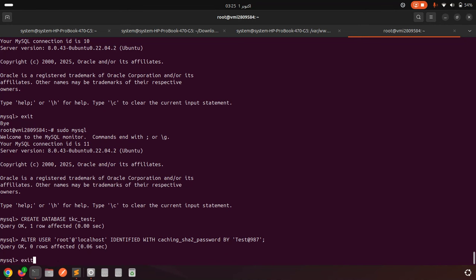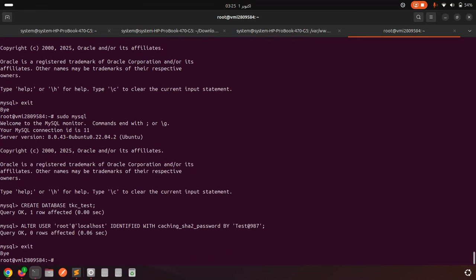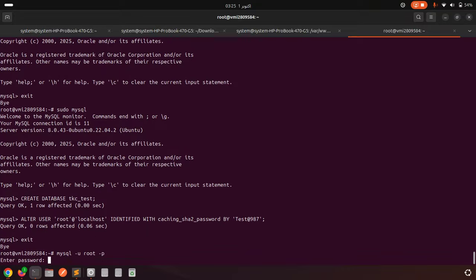Now I'll log out and try to log in with the username and password. mysql -u root -p. The -u indicates the username, which is root, and -p indicates the password. Now I will give the password test@987.